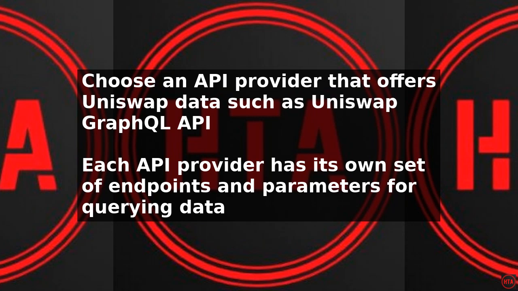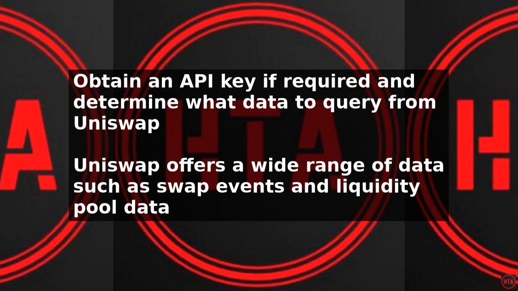Next, you need to determine what data you want to query. Uniswap offers a wide range of data such as swap events, token prices, and liquidity pool data. You can use the API endpoints to query this data and retrieve it in a format such as JSON or CSV. To query Uniswap swap data, you can use the Uniswap GraphQL API, which provides a single endpoint for querying